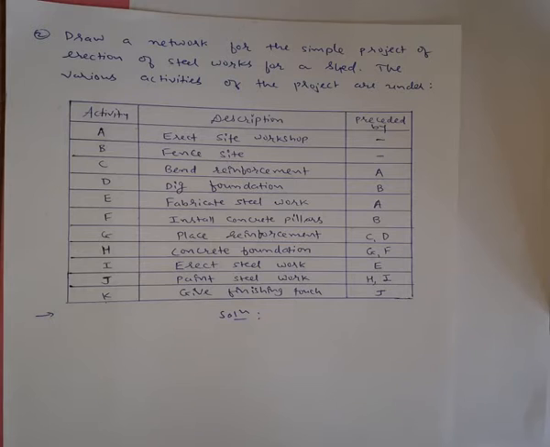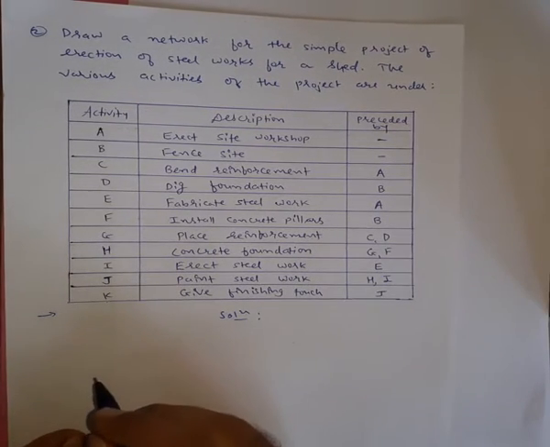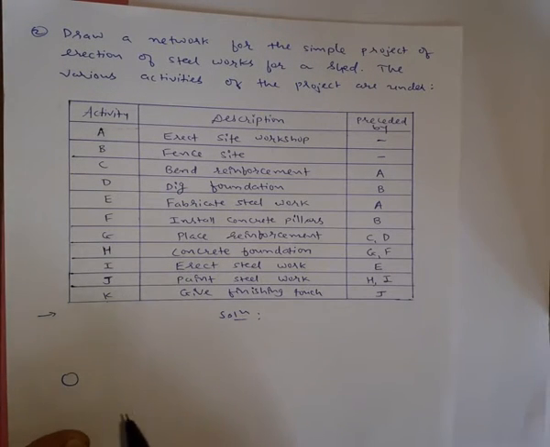So in a network diagram, what you need to keep in mind is that you always need to take care of the predecessor activity, meaning an activity which depends on others' completion. That is called a predecessor activity. So keep that in mind and accordingly draw the network diagram. Now let us start drawing the network diagram. Activity A has no predecessor, so it is independent, and similarly activity B also has no predecessor. So those two activities are independent. They do not depend on others.